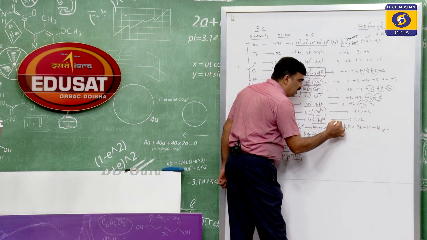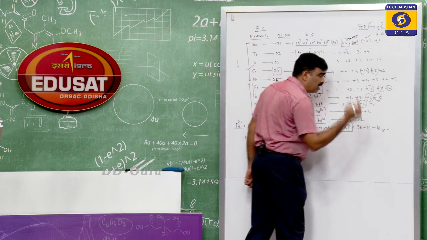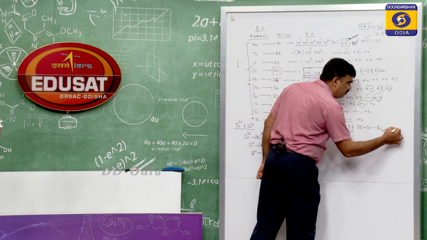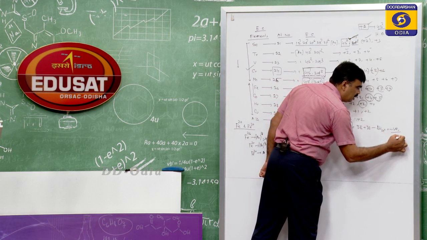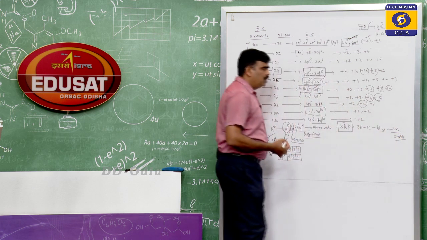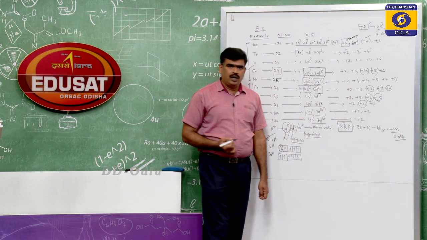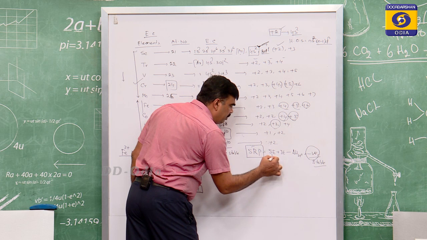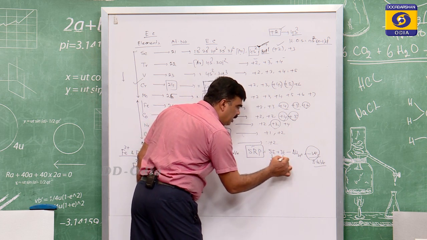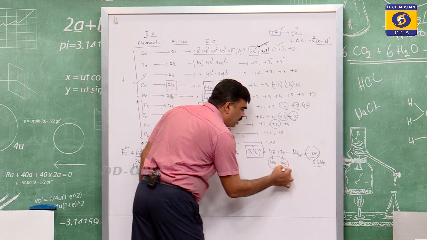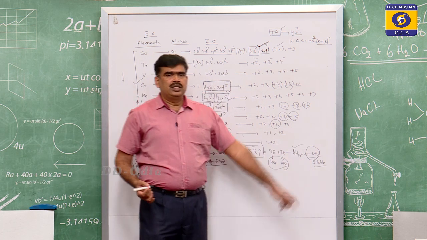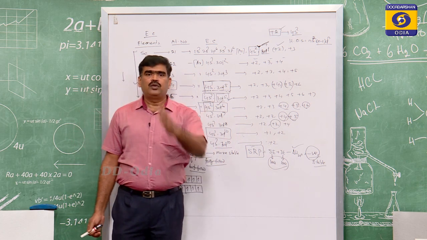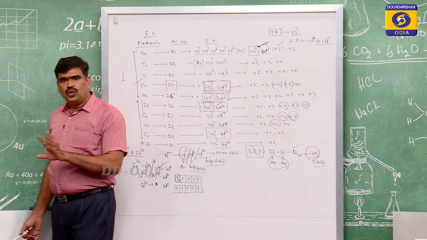Remember this fundamental trick: if the SRP, standard reduction potential, of a particular oxidation state is negative, that means that ion is stable. शायद ये बात आप लोगों की समझ में आ गया होगा. That means to become this negative value, sublimation energy should be low. ये low होना चाहिए और ये भी low होना चाहिए, तब ये negative होगा. Negative means stable. So stability depends upon so many factors, but electronic configuration is not the sole criterion.